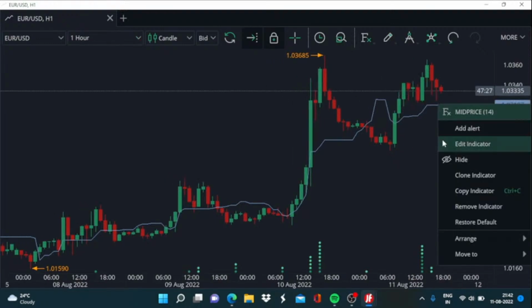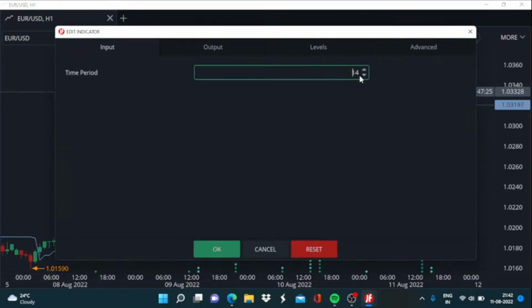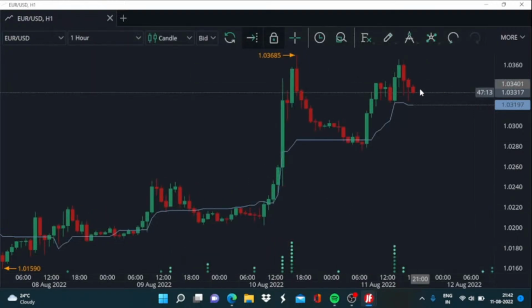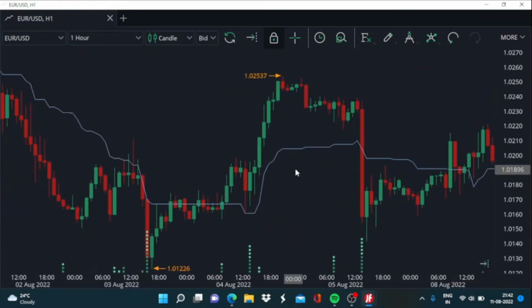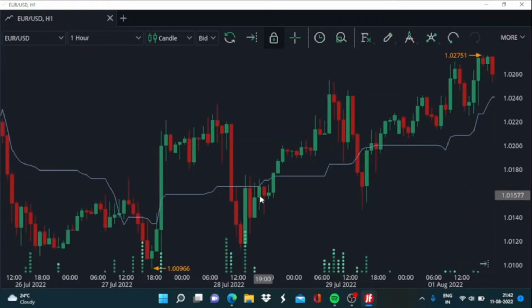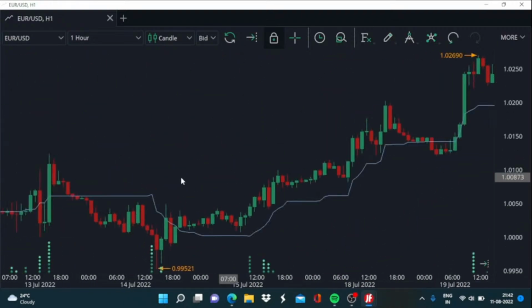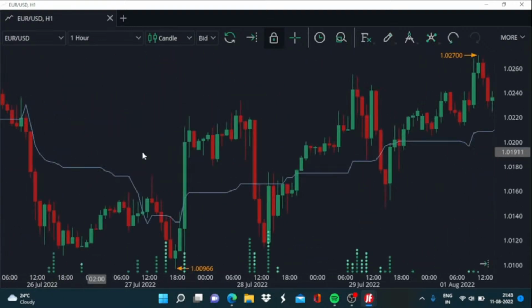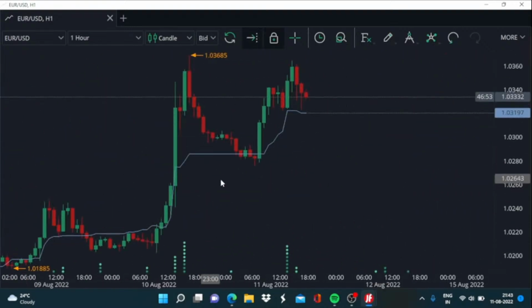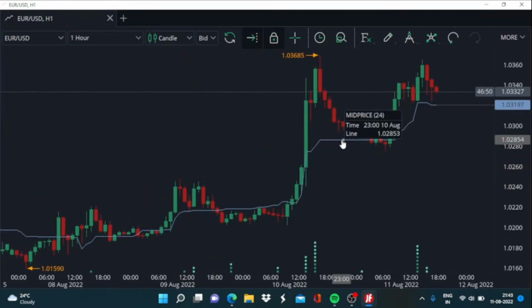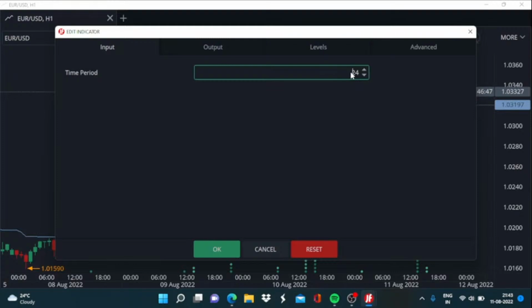Now if I vary it, let's say I increase it to 20, then let's make it 24, so we will be having the mid price over the last one day. So this is the mid price for the last 24 hours. This is a lot more stable compared to the mid price of 14 candle periods, and as we increase the calculation period, we will have a lot more stability in the plotting of this mid price. If we increase it further to say 2 days worth of data, that is 48,